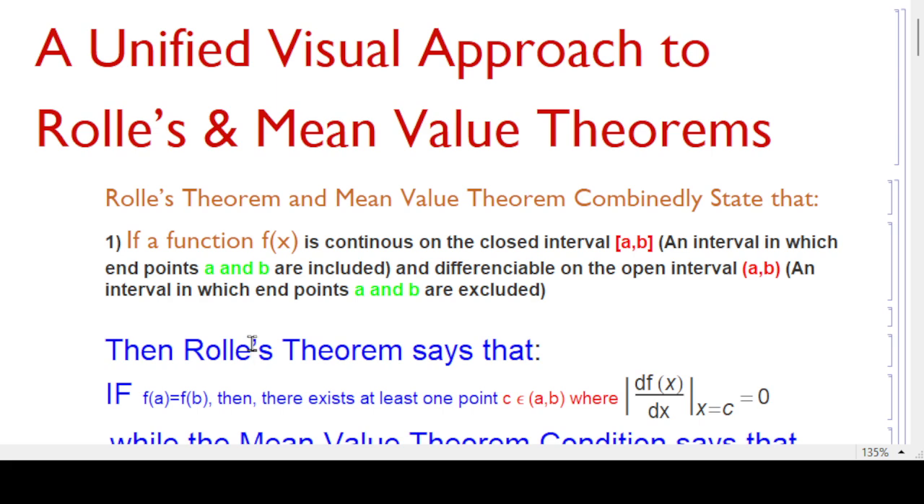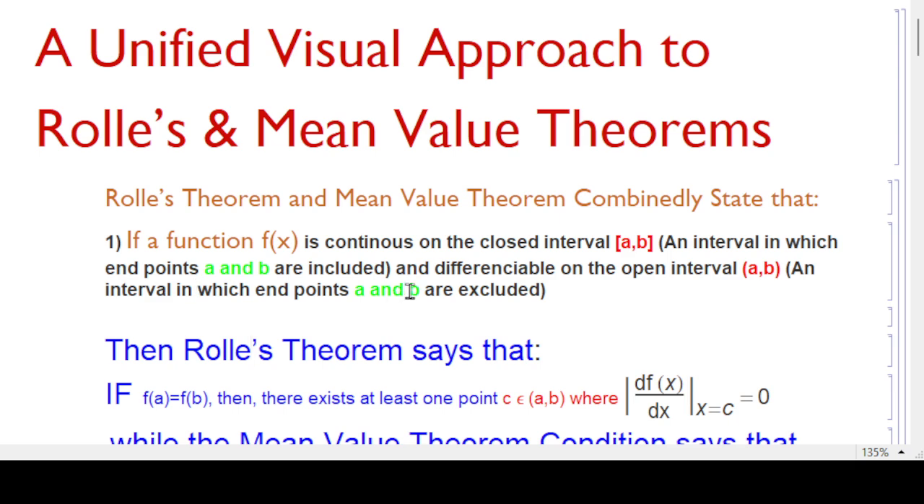Today I'm going to talk about a unified visual approach to Rolle's and mean value theorems. Rolle's theorem and the mean value theorem combinedly state that if a function f of x is continuous on the closed interval, an interval in which the endpoints a and b are included, and differentiable on the open interval, an interval